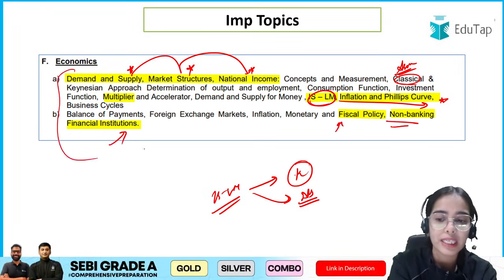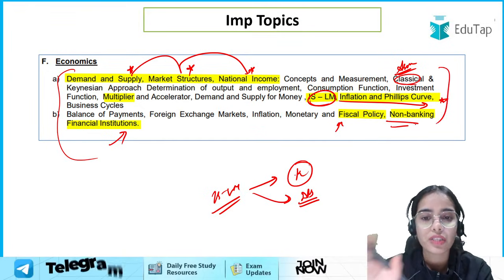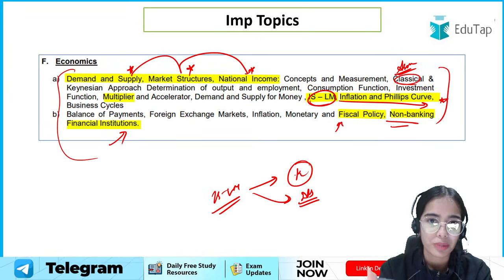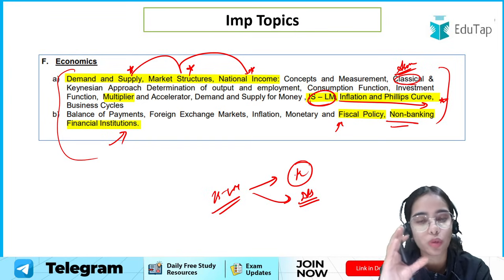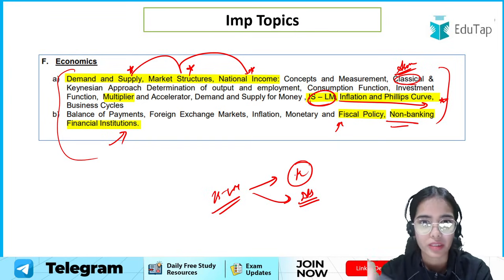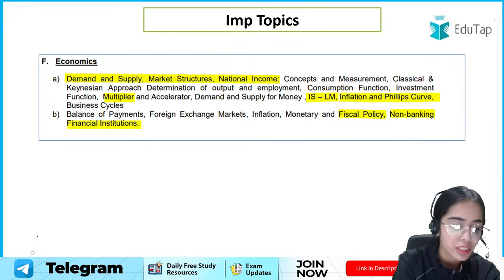Okay, it's not like you can leave the other chapters, but I will suggest that these marked chapters are very, very important. So in these chapters you have to be more focused. Other chapters, do the basics. Okay, and in economics I will suggest that you do not